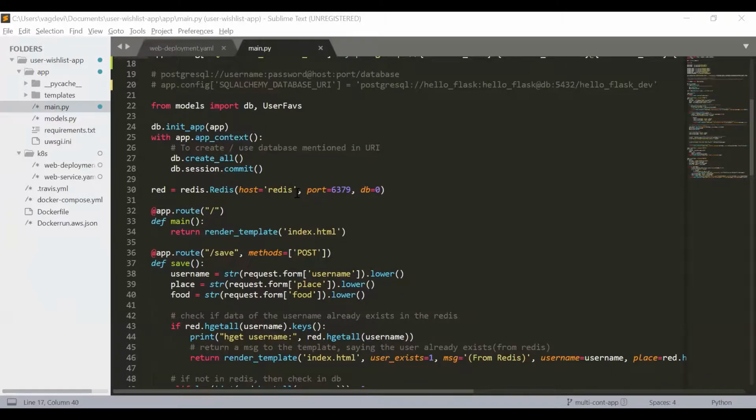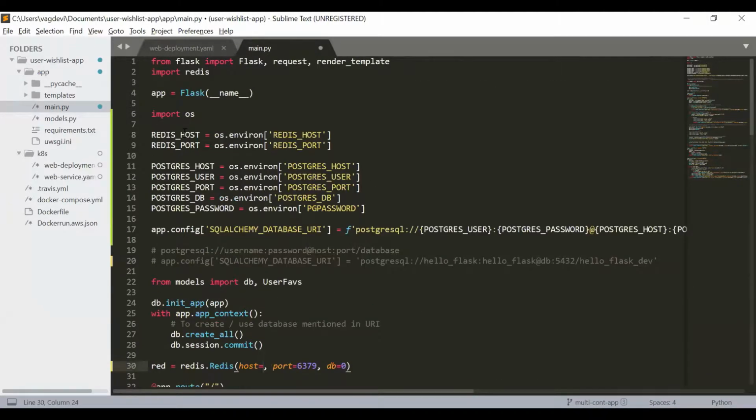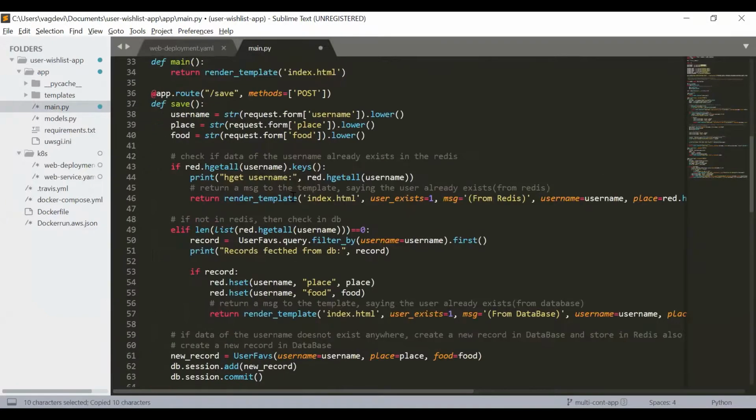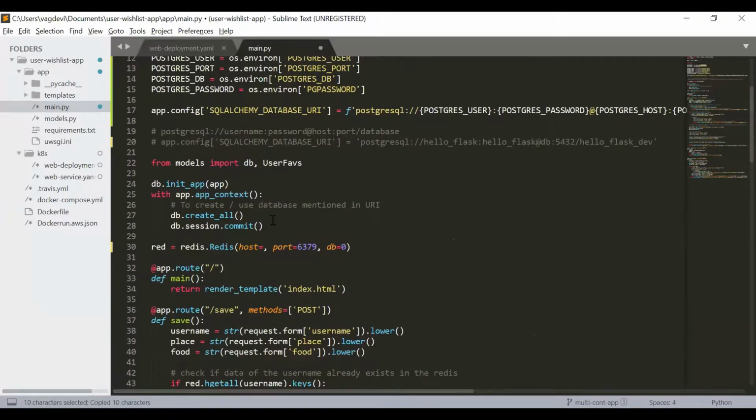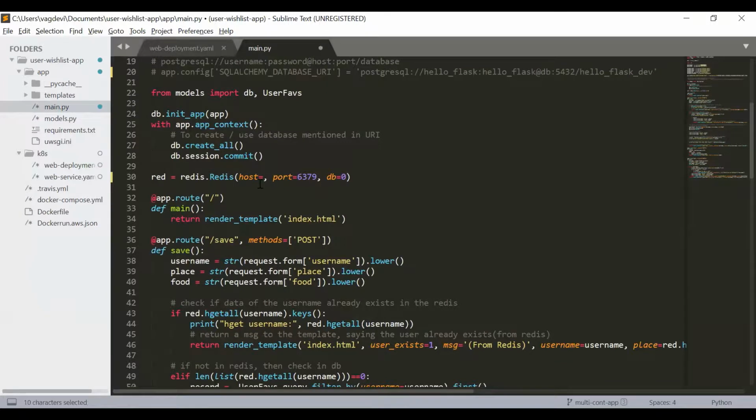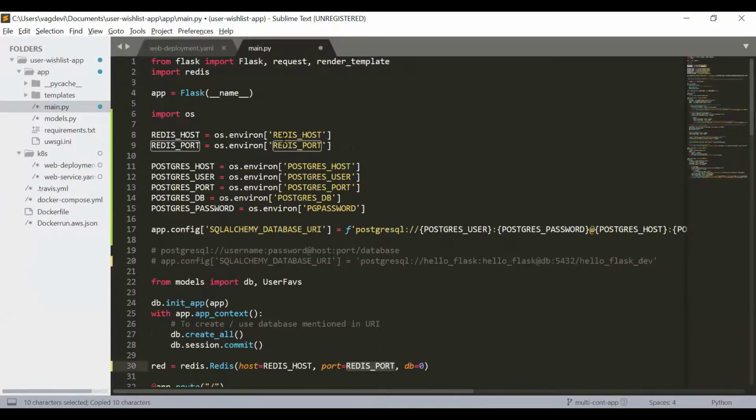And similarly here for the Redis host, we have to write this Redis host, right? Here. And then for port, Redis port. Okay, which is the same as this. Okay, save it.